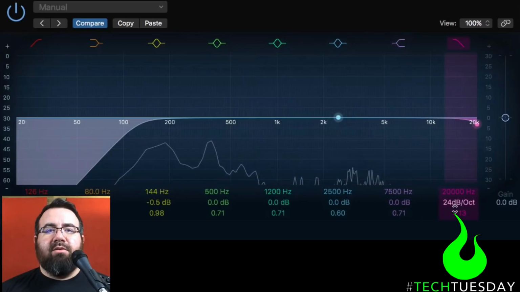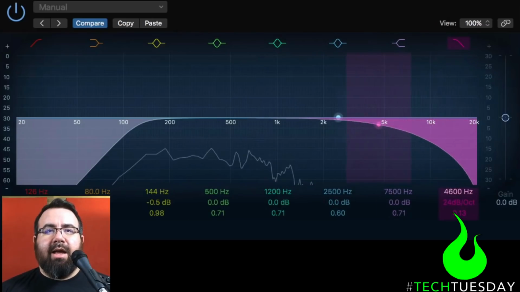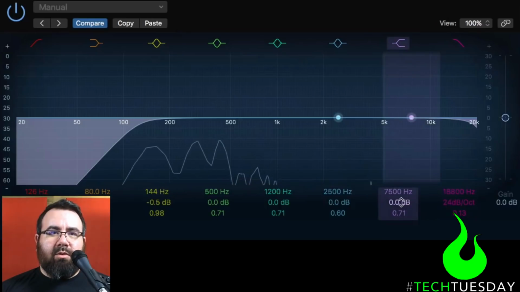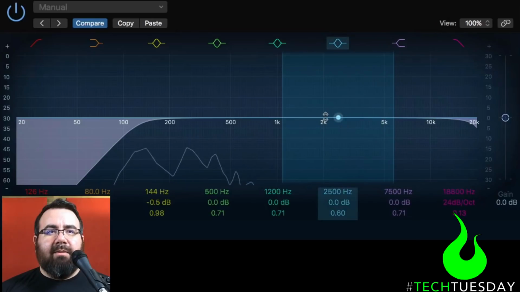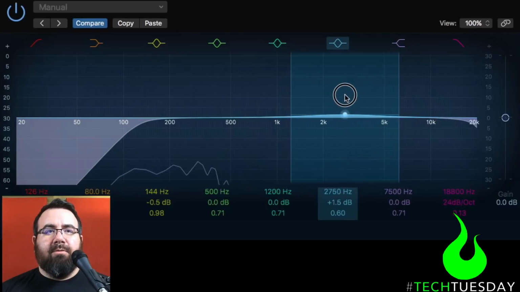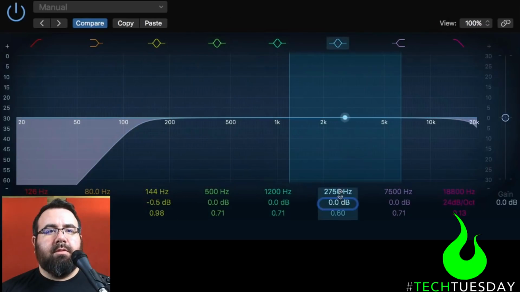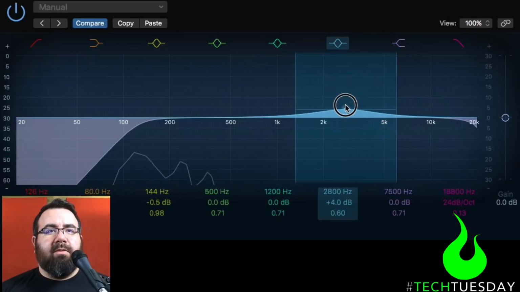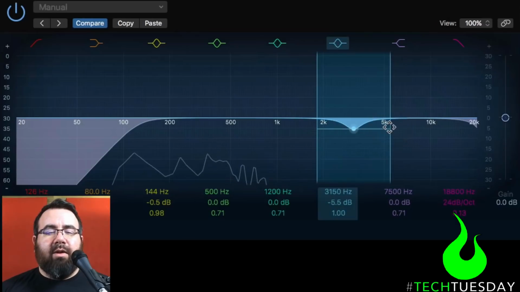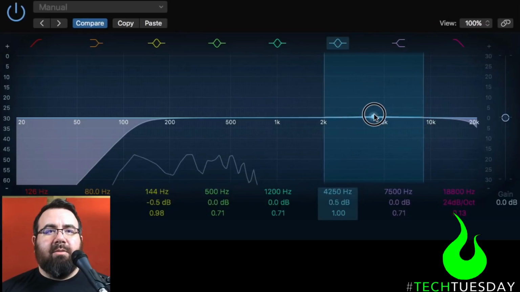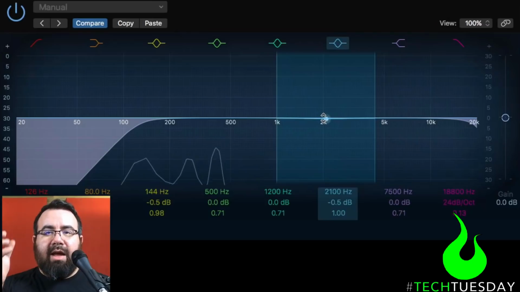If you're having hiss issues, the most blunt tool would be a high cut. A more reasonable tool that's more musical sounding would be a high shelf. And if it's a little bit lower and you're trying to isolate that little bit of hiss, you can use a parametric EQ to isolate that and then use your width control to only focus on the hiss that you don't want. If you're having feedback issues, you can do the same thing. Try and find where your feedback is most prevalent, where your instrument is most sensitive,